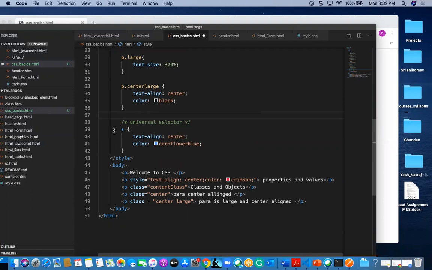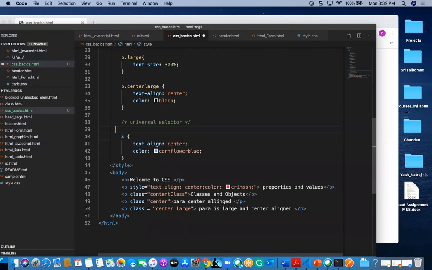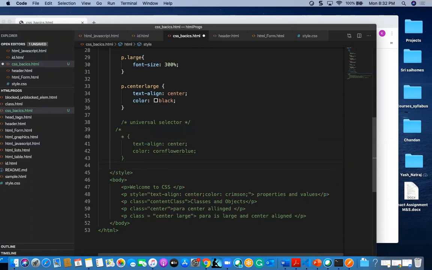If we want to comment multiple lines of code, we can comment it like this. If you want to comment one line, this is the way, slash star and at the end of the line star slash. That's the way we have to comment.